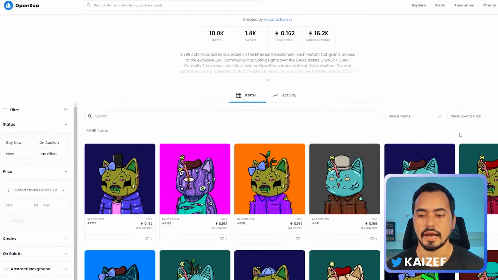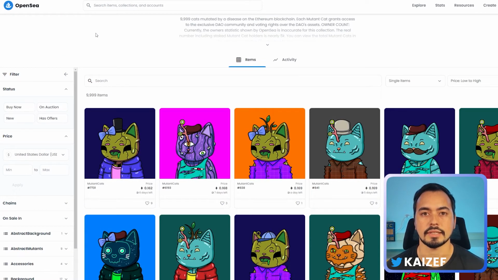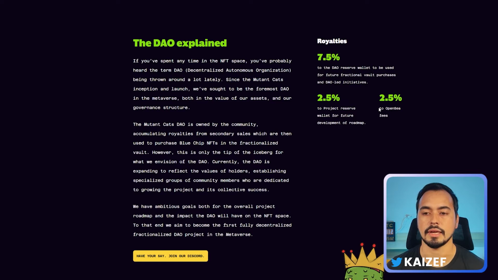And here's a classic example of the DAO project. It's called Mutant Cats, and this profile picture project acts as the DAO. From their website, you can see the explanation here that the Mutant Cats team are able to fund their DAO wallet by using the royalties that they've made from people buying and selling on OpenSea. This DAO then builds up the funds to be able to buy top blue chip NFTs and hold them in